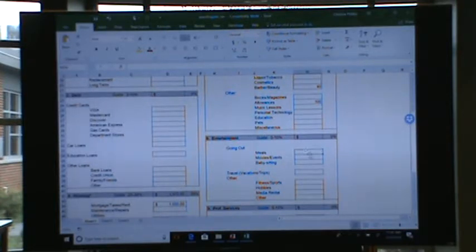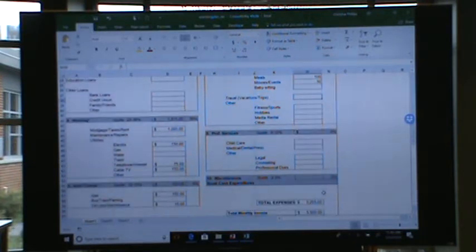Going out, meals, movies, we kind of categorized entertainment as one lump sum, so we didn't really break it apart, but they have it broken apart here. I'm going to just put $100 in here for meals and going out to eat, $30 for movies and events. If you're saving for a particular vacation or trip, this is a good place to set money aside for that, if you want to do it here. And also there's separate items here for hobbies and other things as well, and of course in other.